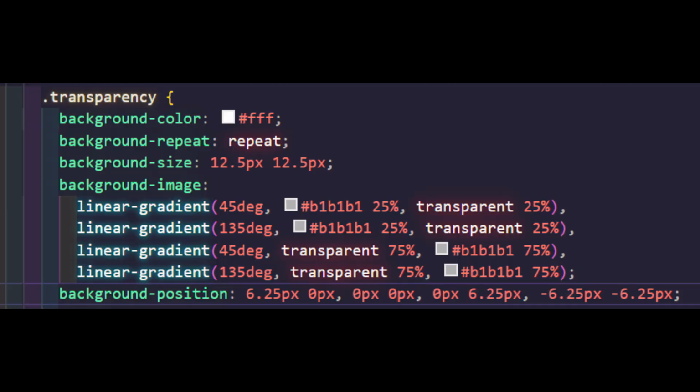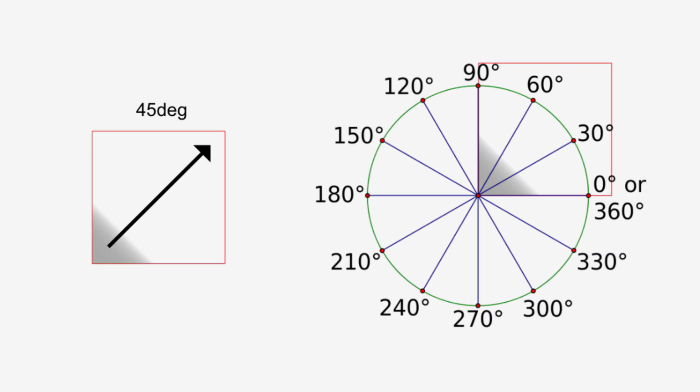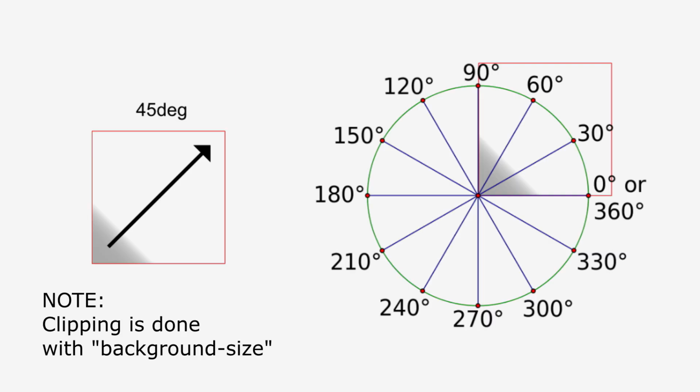Basically, I had to create a pattern that looked like this, and then duplicate it to fill the entire background. To get this pattern, I needed 4 different linear gradients. Each gradient consisted of 2 colors, a transparent one and a solid one. The solid color only filled up a quarter of the gradient, meaning most of it was transparent. Since I didn't want the transition to fade, I made the transparent portion start where the solid color ended. The gradient had to be rotated diagonally and clipped into a small square.